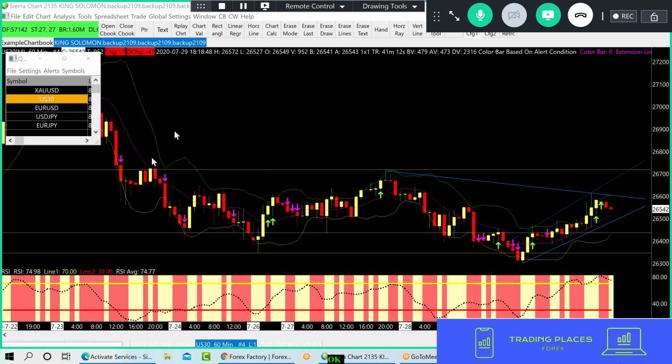Okay, so US 30, this is a good way to look for some trades. So right now, this is kind of a trend line here too. See it hit there? So what I would do, since it looks like US 30 is on an uptrend, and there's talks right now that